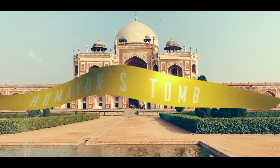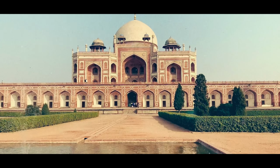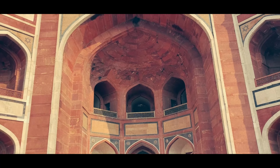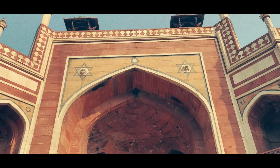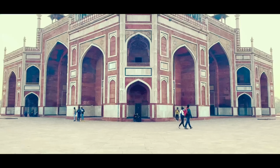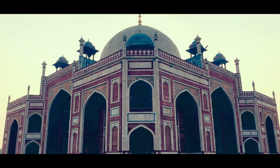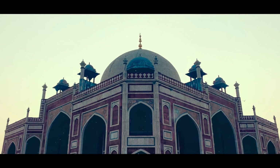Number 9. Humayun's Tomb, a UNESCO World Heritage Site. The next one is the Humayun's Tomb. Another one of Delhi's UNESCO heritage sites is the Royal Mausoleum of the Mughal Emperor Humayun, famously known as the Humayun's Tomb. Commissioned by Humayun's first wife, Empress Bega Begum, back in the 16th century, this grand tomb complex is